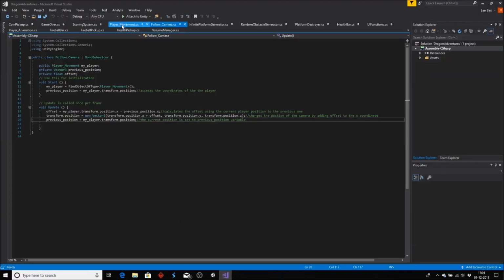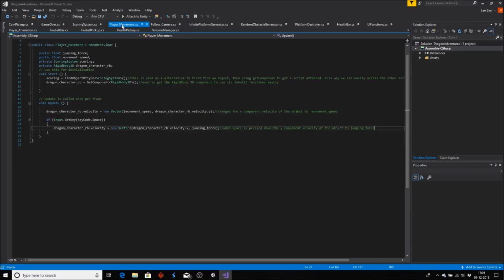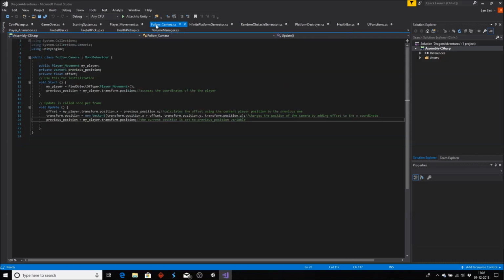Let's go to the player movement script. I have used just Rigidbody2D.velocity to make my player move. My player keeps on moving in the x-axis throughout the game, and on input of space, it moves in the y-axis. Now for the follow camera script,